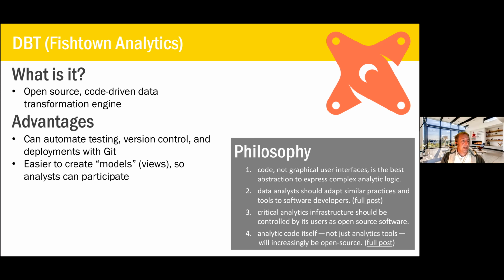It is easier to create models, right? So one thing that's annoying about DBT is they like to use words for things that are not the normal words that you use, and you're used to having other definitions for those words. So they use the word models basically to define ways that you can transform data. So if you make a view, that's a model. If you write a query that you could use as a view, but you set it down as a table, that's still a model. So they reuse this term model, which I think is misleading and confusing.